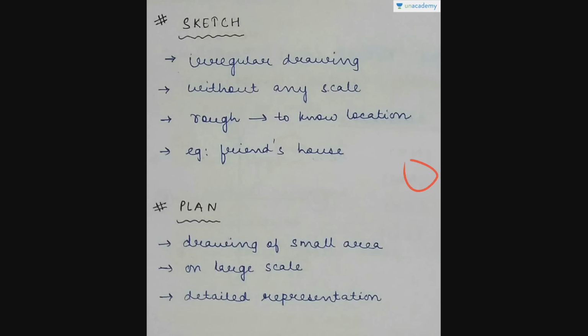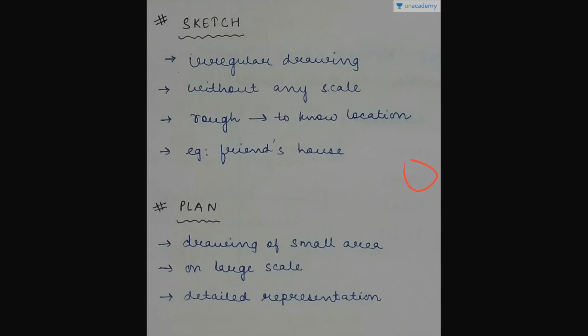Now what is this plan? Let me give you an example. Suppose there is a construction going on for a building or any mall, any school or something. For the construction of that building, they need to have that plan first, where the washrooms will be located, where the parking facility will be located, where the classrooms will be located, where the library will be, where the sports ground will be, where the assembly hall will be and the other things. So depending on that, they make this plan for a smaller area but in a very detailed way. So everything is represented in a detailed manner.